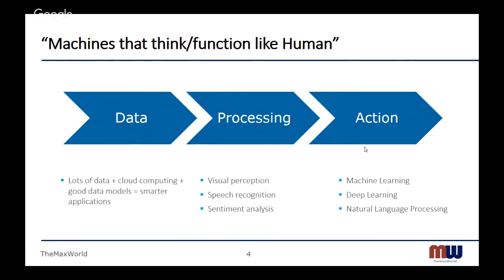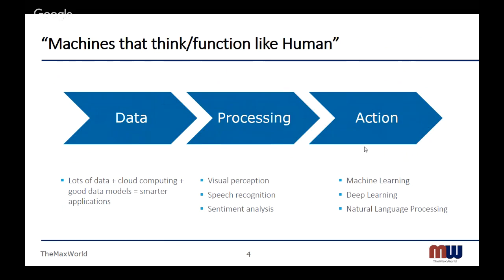And the third block is action. So at the end of the day, you want to make sure your data and your algorithm or processing power is giving you something which is actionable, which helps in your life. And that's the coming. What we have seen so far is mostly the AI capabilities or machine learning capabilities are